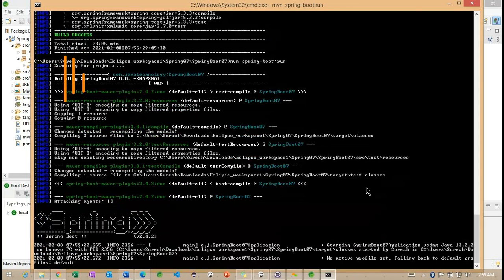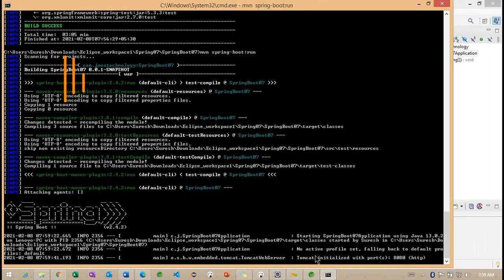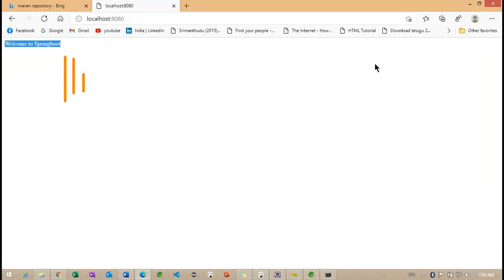Observe here, the application is starting, and we have identified the logo also. The same log messages we are finding here. Observe here, the same message we are getting.